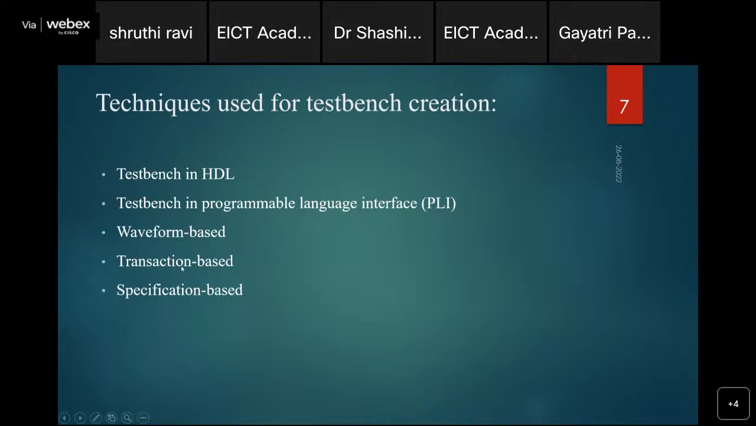Then comes transaction based. This technique uses bus functional models and transaction level stimulus concepts. Bus functional models are usually called BFMs. Here the test bench blocks are modeled using the BFMs, which translate the transaction level stimulus into cycle accurate and pin accurate transactions